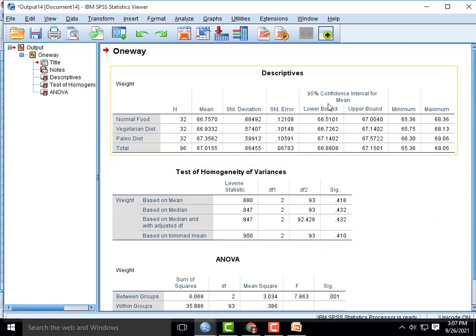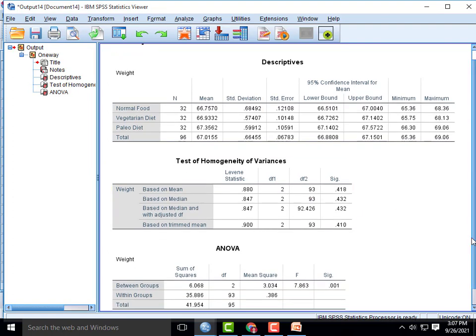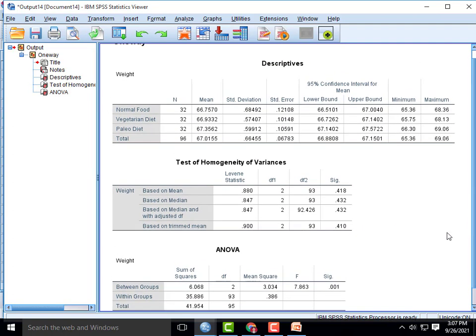Here we have descriptive statistics, test of homogeneity of variance and ANOVA. In the descriptive statistics, the number of samples is normal food 32, vegetarian diet 32, paleo diet 32, total 96. This is our mean and standard deviation.